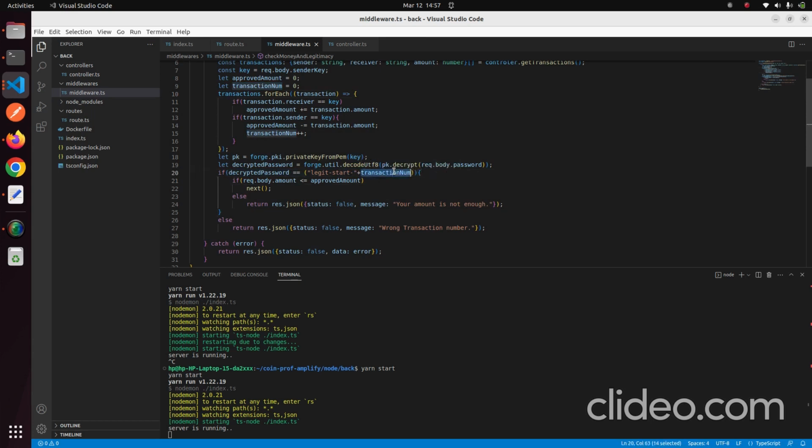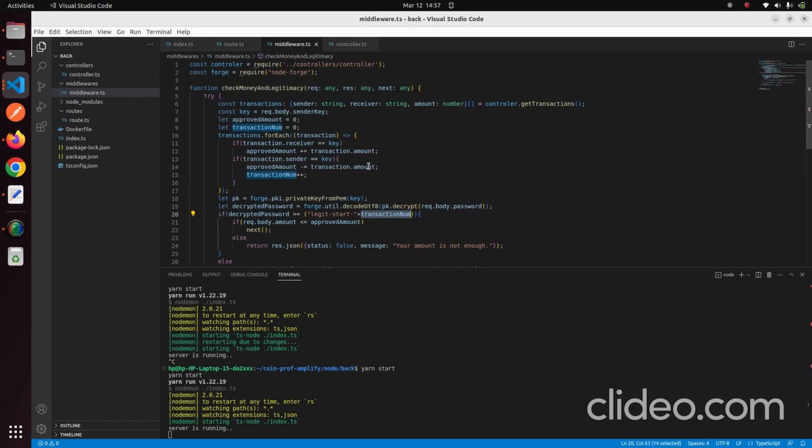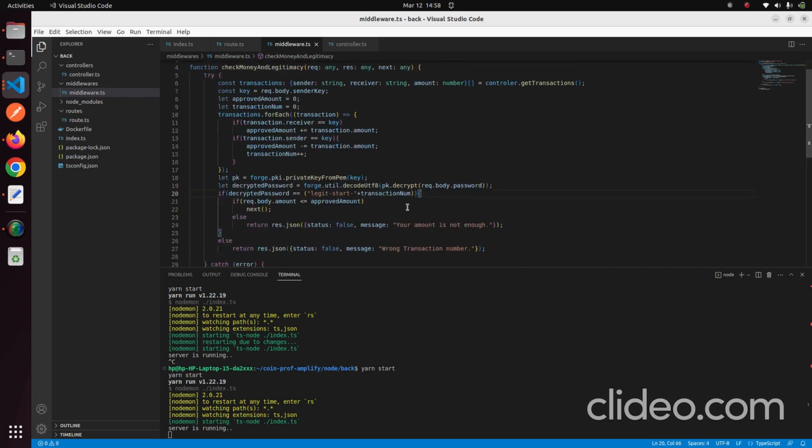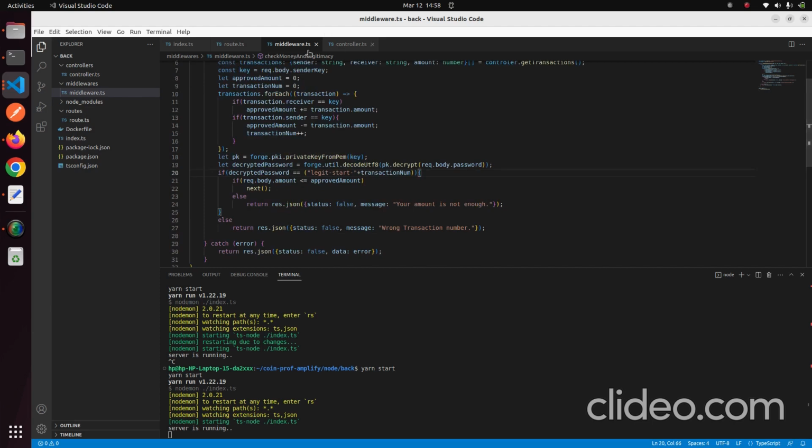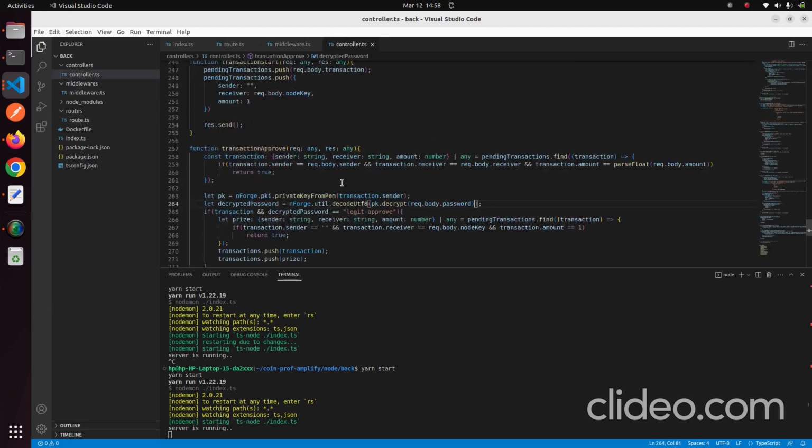And also TransactionNum, when we're again calculating the amount, TransactionNum is also added every time. So the sender's public key must be correct, and also this node must have the correct transactions. So money and this node's transactions are calculated, and then transfer